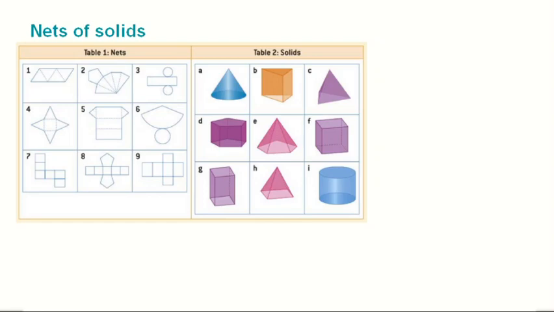So, continuing discussing solids, there is a concept which is nets of solids. A net of a solid shape is basically a 2D representation of a 3D solid. You've all done it like dice in the past when you were in primary, right? If you take a sheet of paper, and then you can make a drawing,